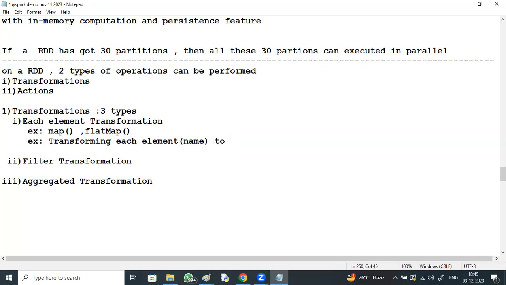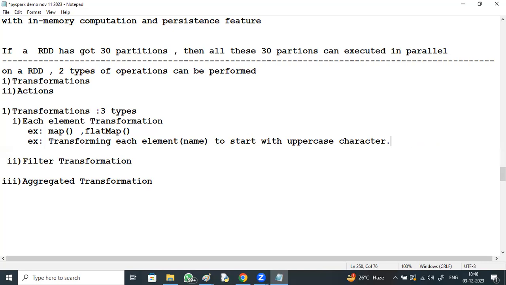Transforming each name to start with an uppercase character and the remaining in lowercase. Only the first character in uppercase.